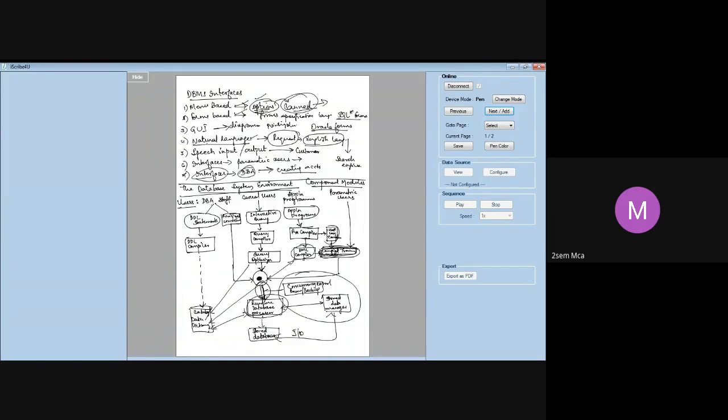Okay, so the database system environment. Let me summarize it. What are we going to learn under this? It tells us about the component modules: what the different components in the DBMS are, and how they interact among themselves so that the query gets executed. This is a very, very important question. Along with the diagram, you have to explain this. Once you are clear about how to draw the diagram, it will be easy for you to write this answer.